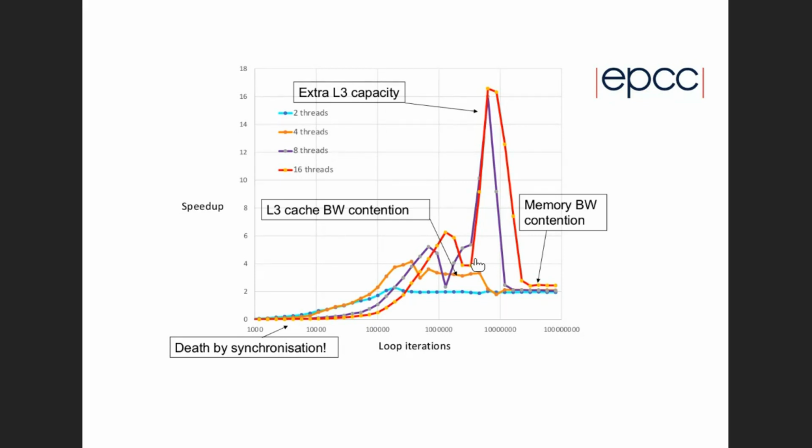Can you measure bandwidth? Now that is a good question. I have not tried, and maybe Adrian can chip in here and see if he's tried it. I have not tried to see what metrics CrayPat will give me for memory bandwidth on this system. On Archer with Intel chips, it was actually difficult. And it's also complicated by prefetching as well.